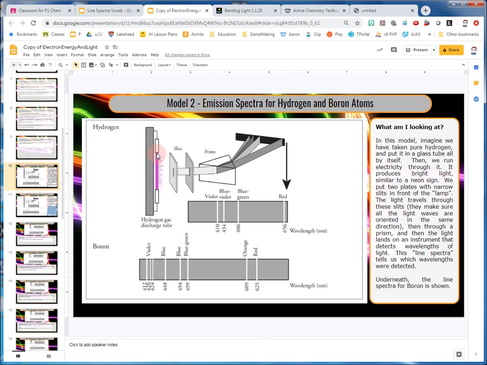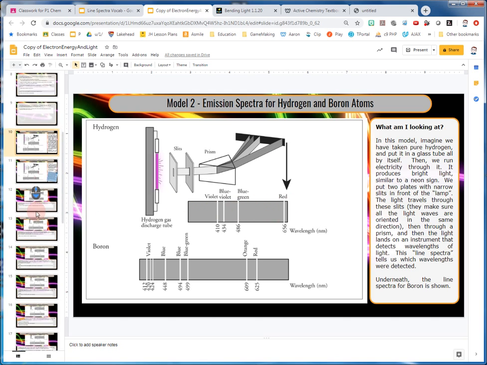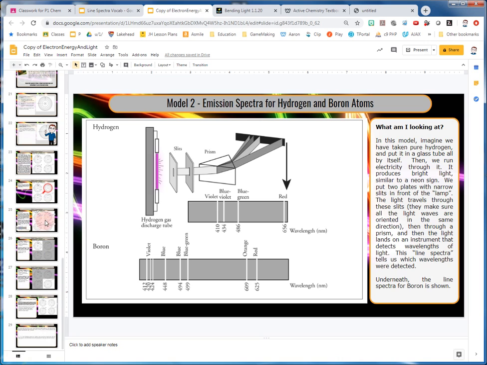Well, do you think this is a single atom of hydrogen in here? Or do you think this is billions and billions and billions of hydrogen atoms? Yeah, it's billions and billions of hydrogen atoms. So it's doubtful that every single atom is producing all four wavelengths of light at the exact same time. And why is that? Well,